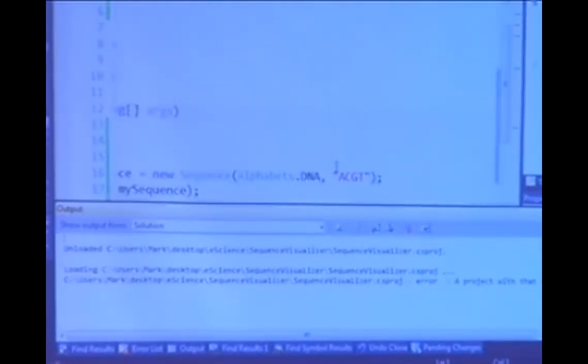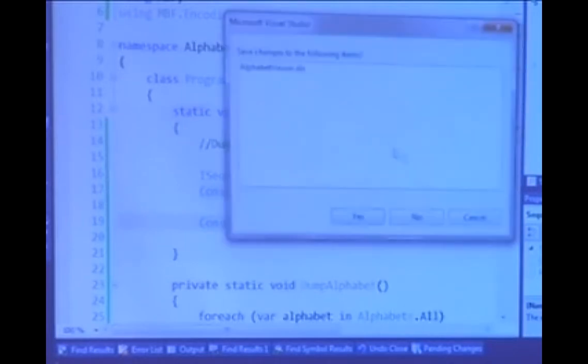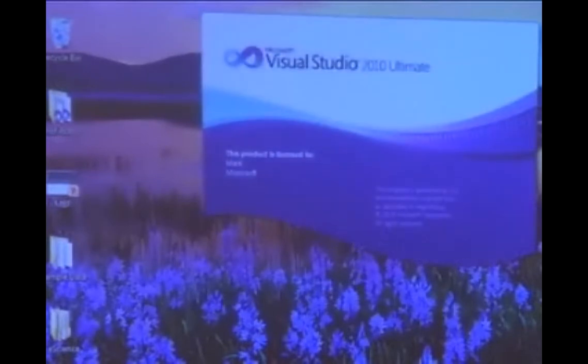If you don't do that, remember you'll get a compile time error and it will tell you something strange like missing an assembly reference, and you'll sit there and scratch your head trying to figure out where that assembly is. All right, and Visual Studio, I love you, but sometimes it's like a misbehaving child. All right, let's pull that back up.